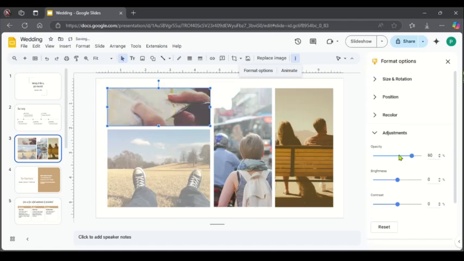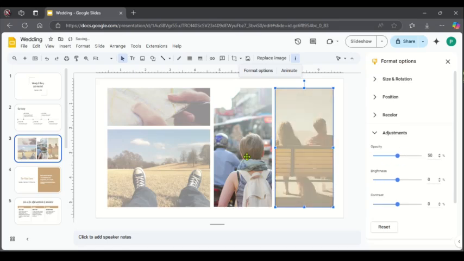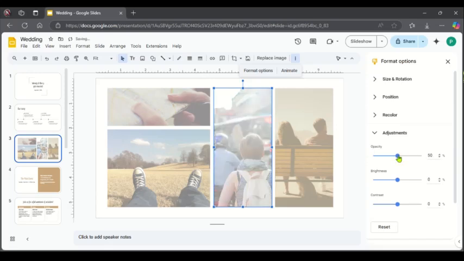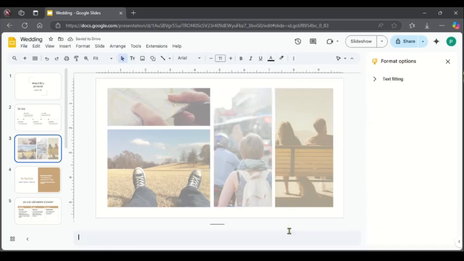Just try and reduce the opacity of the image, then the same thing with this. Try and decrease the opacity, then the one in the middle, apply the same settings to it. You can use this, or you can probably add a text box to it. Then you make your slide